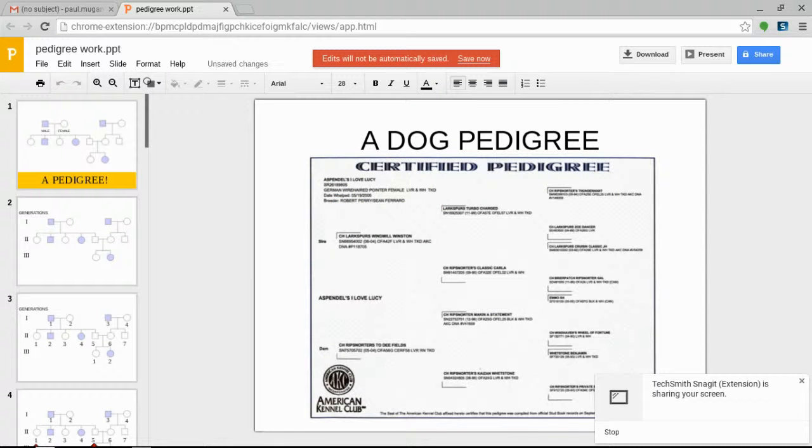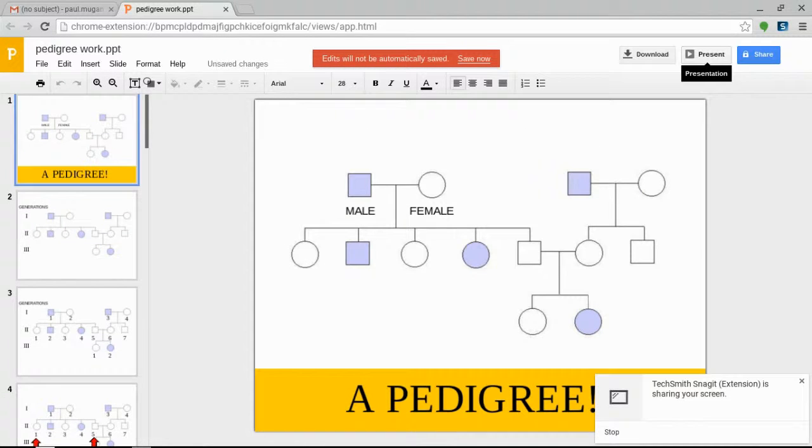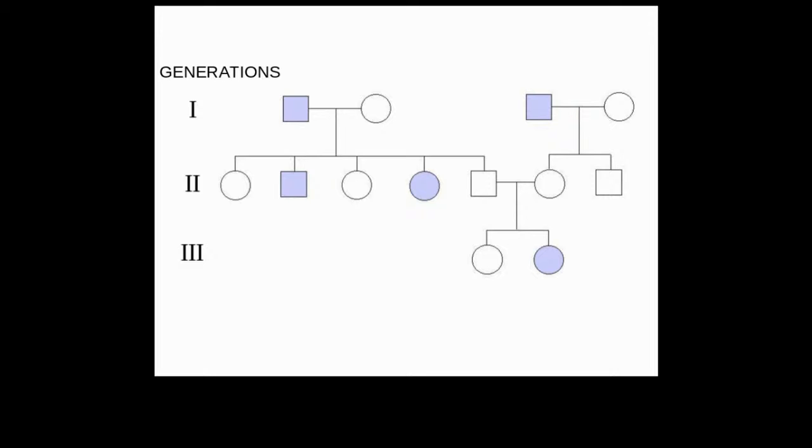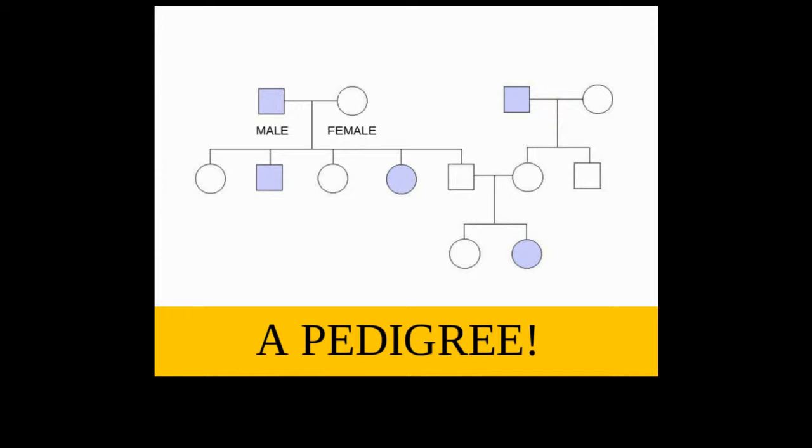Let's take just a moment to investigate the idea of a pedigree. So first off, quite a few different organisms can be represented with a pedigree. A pedigree is a visual representation of the inheritance of a trait through either a family or a population of